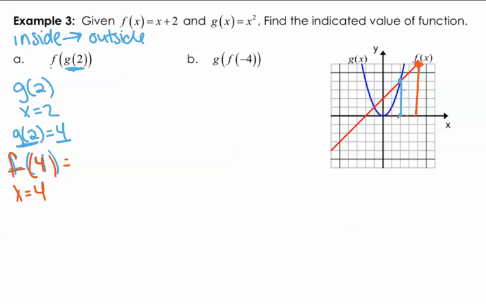And I want to find what that point is. What's my y value when my x value is 4 on my red line, because we're talking about my f function now. So I can count up 1, 2, 3, 4, 5, 6, and I can see that f of 4 is equal to 6. So that's the composition. That's saying that f of g of 2 is equal to 6. Well, that means that if I were to do this algebraically, we'll come back and do this example later. If I wanted to do this algebraically,